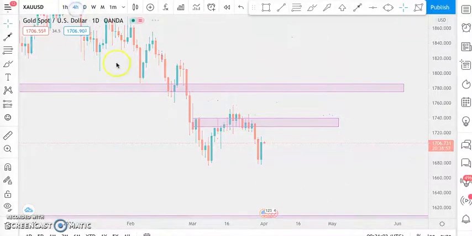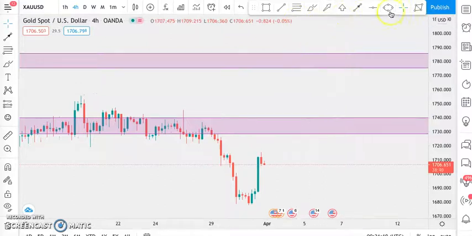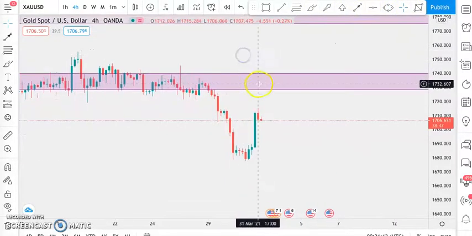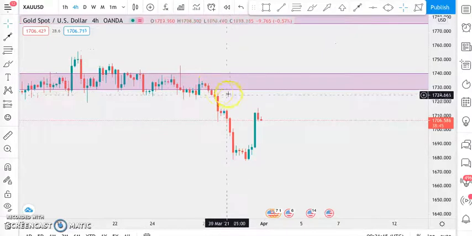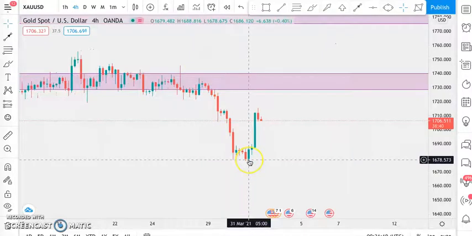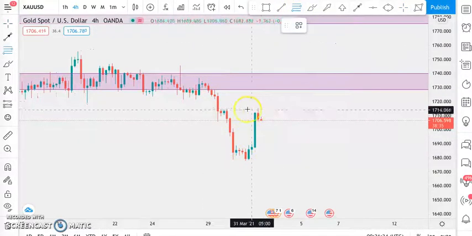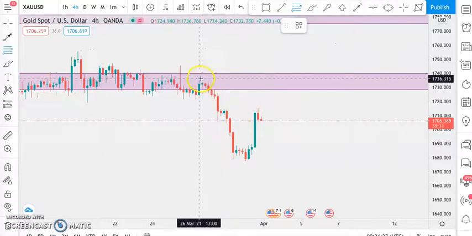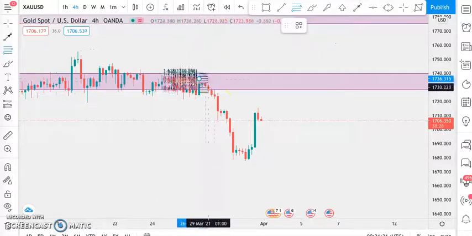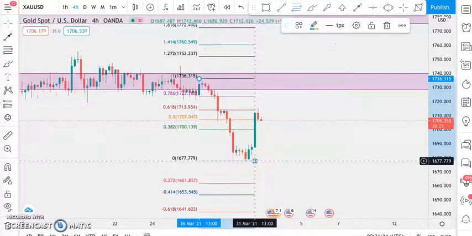So what we'll be doing now is to go into the 4-hour time frame to see what's going on in the markets here. Now going down into the 4-hour time frame, we can see how the market started this impulse from here to this area here. So if we want to measure this correction, what we can do is to take our Fibonacci from the high of this impulse to the low of this impulse,